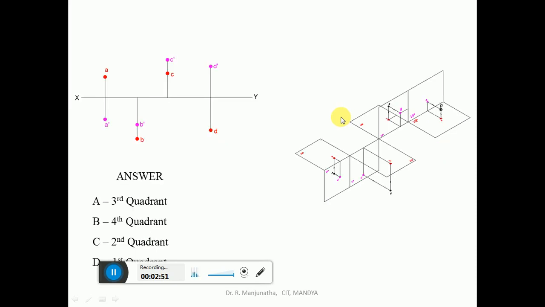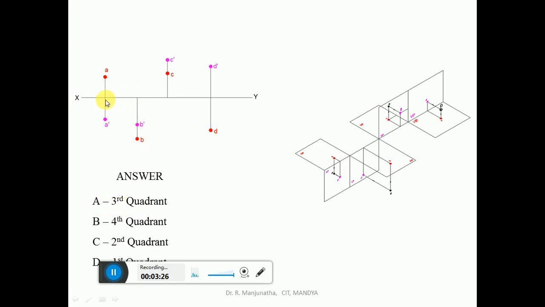Now we are going to see the actual solution. So first you draw xy line and mark xy line. Consider any projector here. Since he says top view is above xy line and the front view is below xy line, it can be any distance because he has not mentioned any distance. So A, the top view above xy line, and A dash, the front view below xy line. This is possible only in the third quadrant. So point capital A lies in third quadrant.